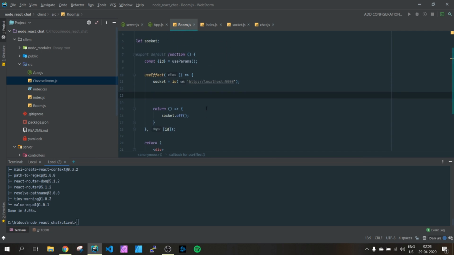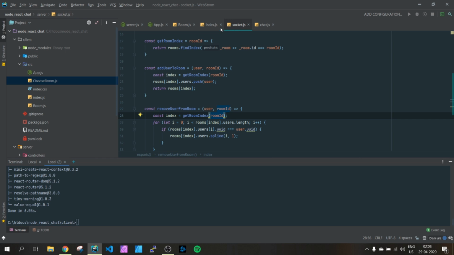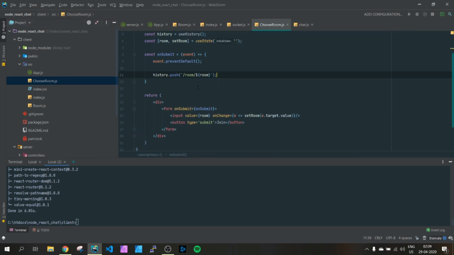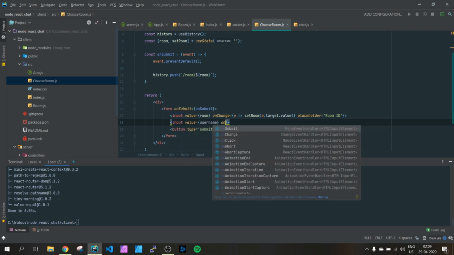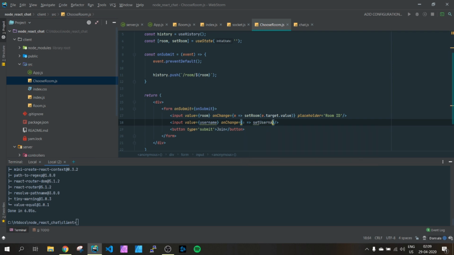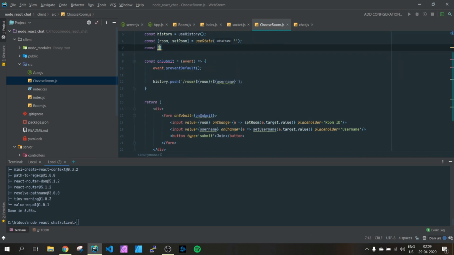And actually we will need to say and choose room. We will have to say placeholder room ID, and here we'll say input value username and on change set username target value, placeholder username. And this will say username. Const, add it to the hooks, use effect, use state, username, set username, use state empty as initial,